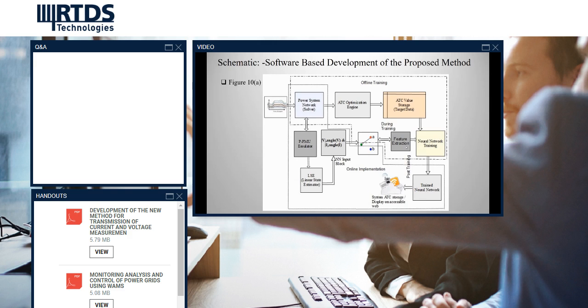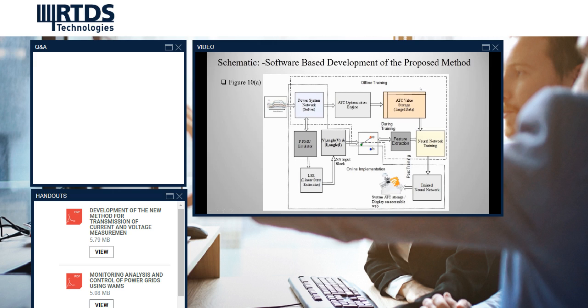As the quasi-static scenarios are subjected to the power system network solver, and the power system network solver obtains the solution to different scenarios, the PPMU emulator acquires the information of the nodes at which the PMUs are placed, and concurrently the ATC optimization engine obtains the ATC value for that scenario and sends it to the ATC storage value, which